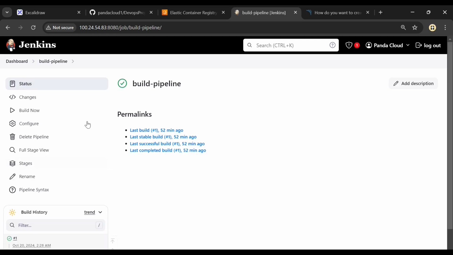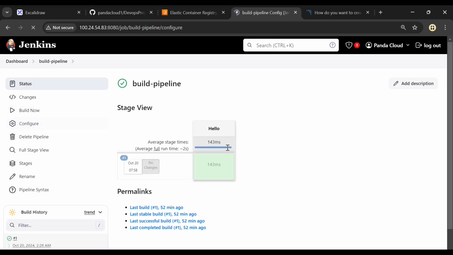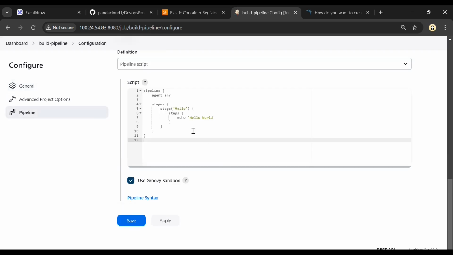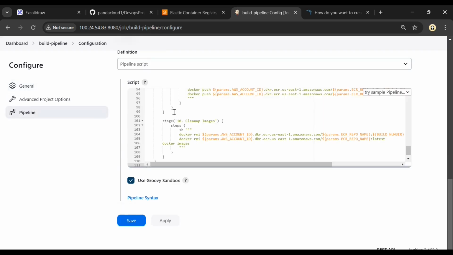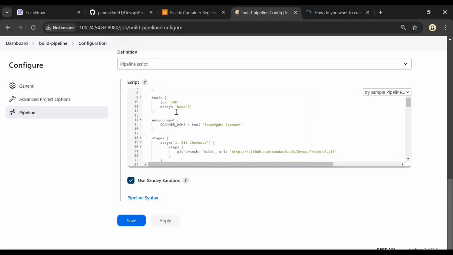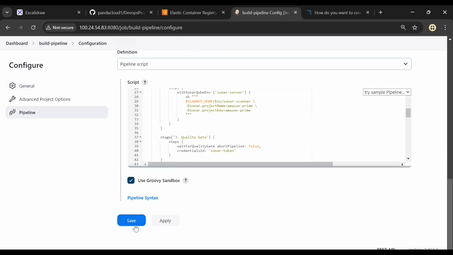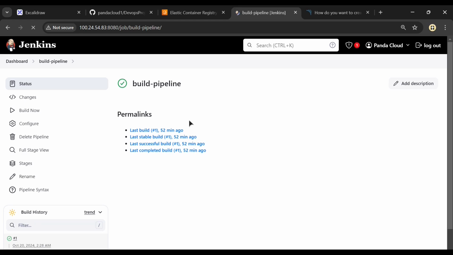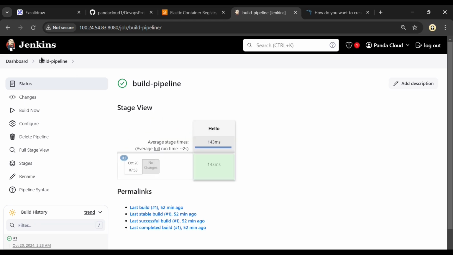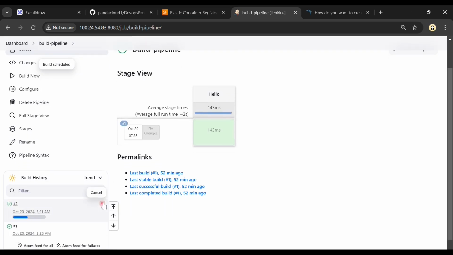So this was a simple pipeline we had created with Hello World. Go to configure and just over here, paste the pipeline that you have written. Okay, this is the pipeline you have written, and just click on save. Now, since this pipeline uses some parameters, just build it and abort it immediately, because I need to give the parameters, right? We have set some parameters,